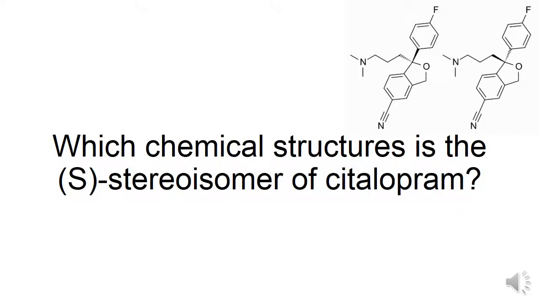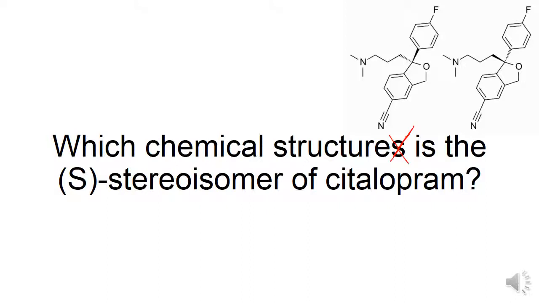Which chemical structure, there's not supposed to be an S in structures. Yes, I'll just strike out this S for you. Is the S stereoisomer of citalopram. Now, some people are conceptually flabbergasted by the R and S nomenclature system, and it comes